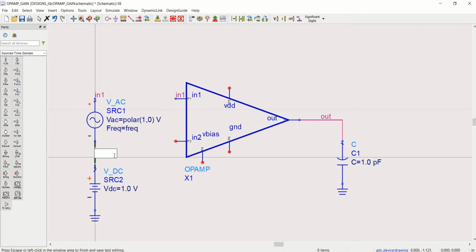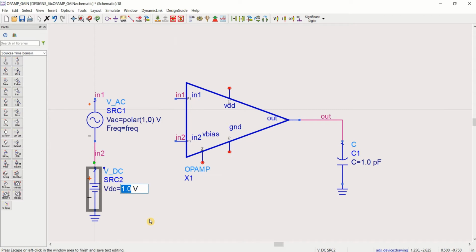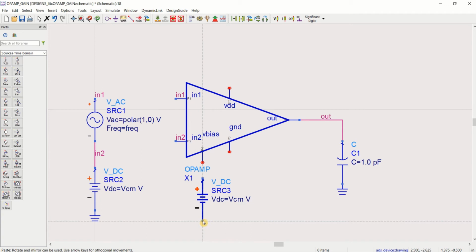I'm providing this into this, what it is connected. I want to provide the bias potential, or I will call this the common mode voltage VCM. I'll use this same for providing the bias potential.